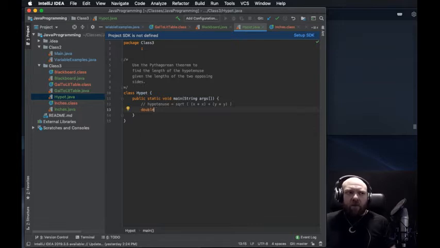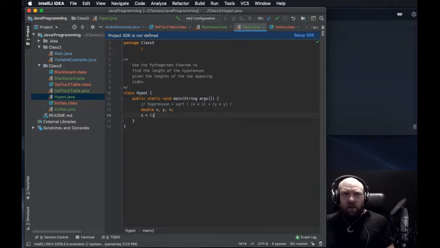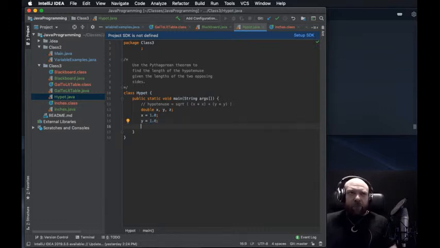Remember, I can do double x, y, and z, declaring them all at the same time. I'm going to say x equals 1.0, and y equals 1.0. I'm going to change z to be hypotenuse, and say hypotenuse equals